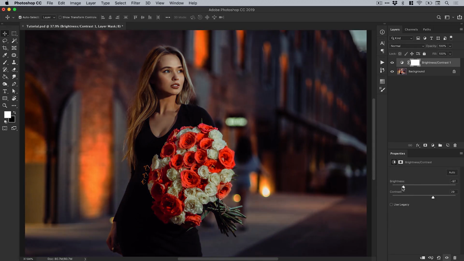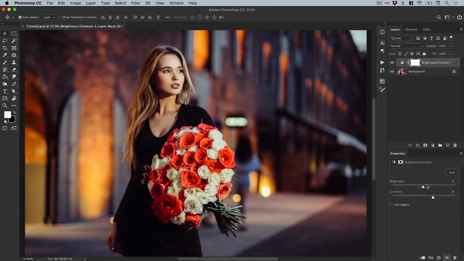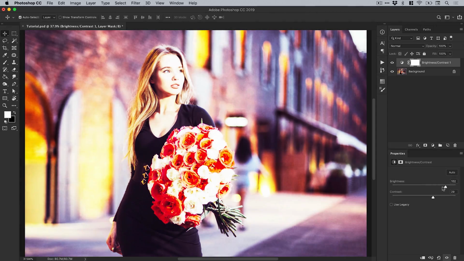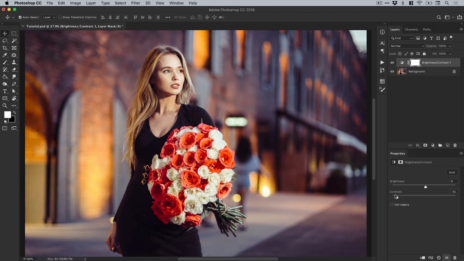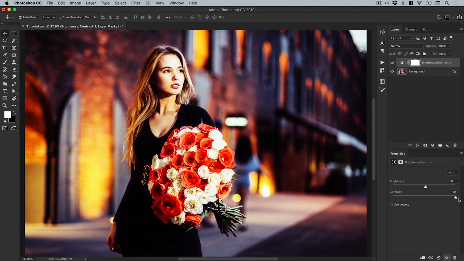So we could bring the slider down. You can see the image gets darker, drag it to the right, it gets brighter. And we can also adjust the contrast. So we can adjust this by sliding this along, and you can see that preview change in real time. So if I bring the contrast all the way up, the blacks get darker, the colors get more vibrant,